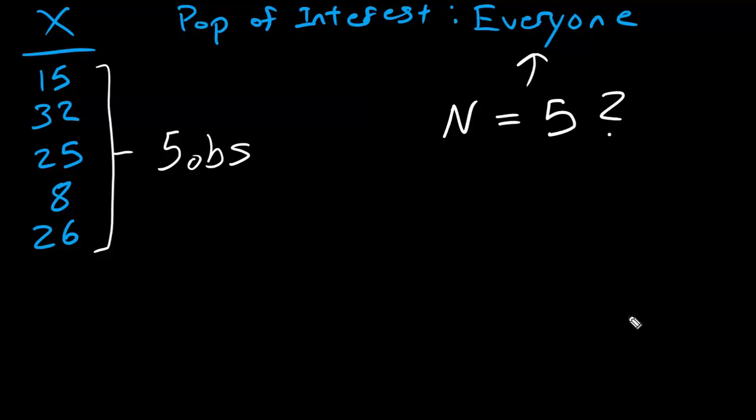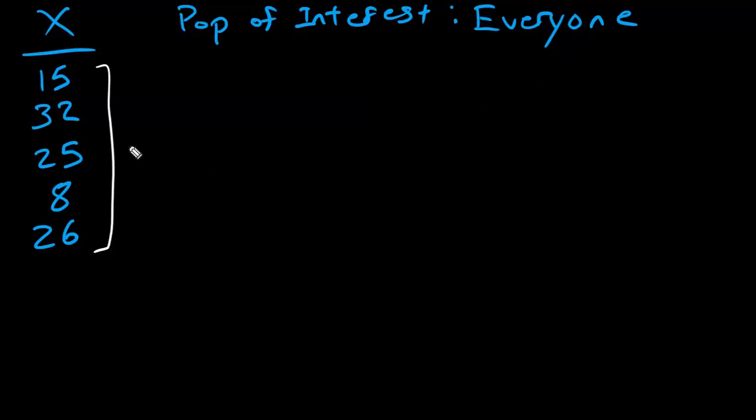No. So the population size does not equal 5. So that tells us that we've got a subset of the population, because we don't have data for everyone. We have data for me and my siblings. And so we are going to be using the